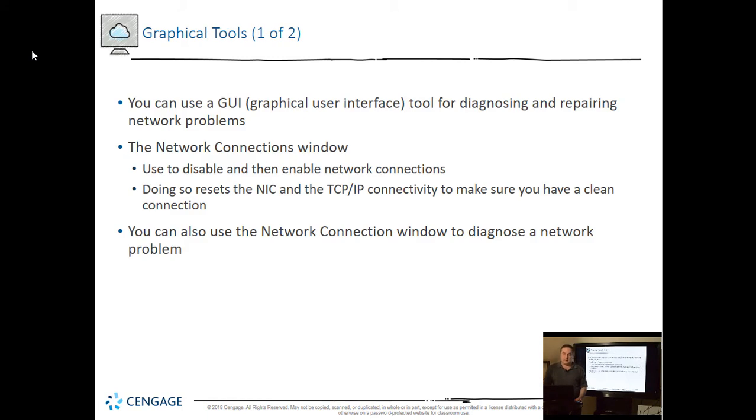You can use a graphical user interface tool for diagnosing issues as well. You can use the network connections window, it's used to disable and re-enable the network connections. Sometimes just disabling and re-enabling is good enough to resolve some of your connectivity problems. What that does is reset the NIC and the TCP/IP connectivity. There's also some netsh commands that allow you to reset the TCP/IP stack, which are a little bit more advanced